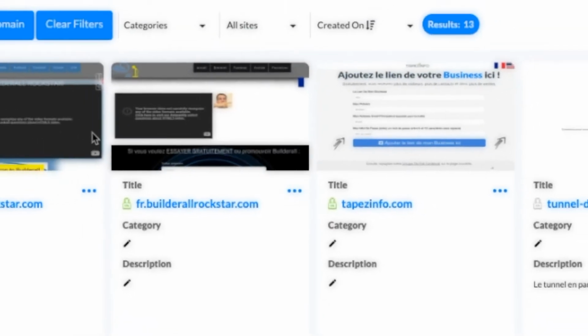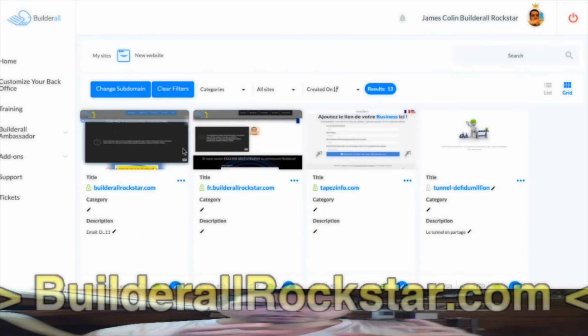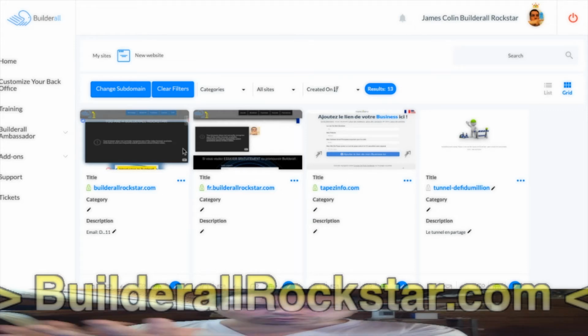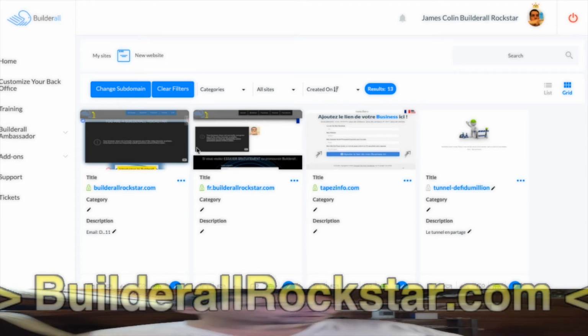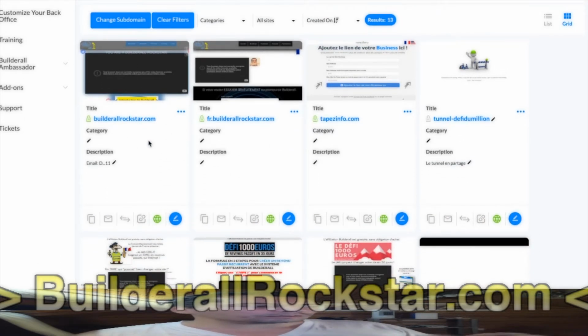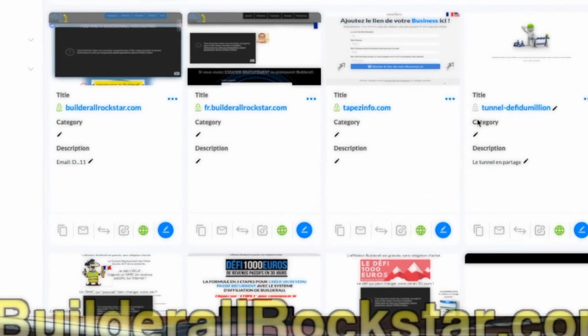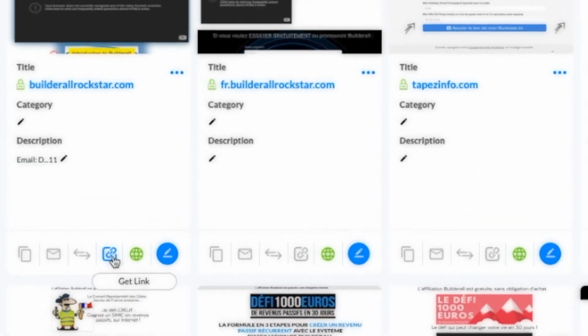And so I explain to you what we will do. We need this link to share the website. But then we also need the first part of the link, which is to set the affiliate cookie and then redirect to Pixel Perfect and the sharing part. So now we are going to see how to get this link. So you see, those are all your websites, and at the bottom you have get link.